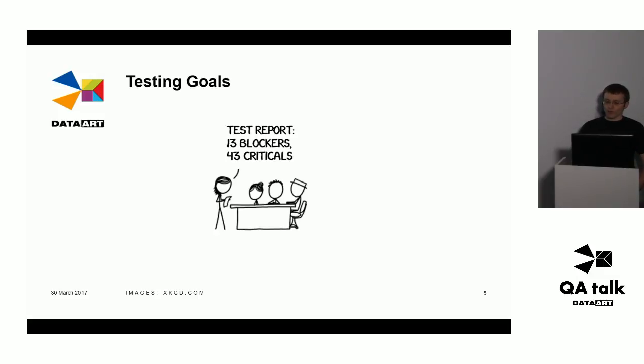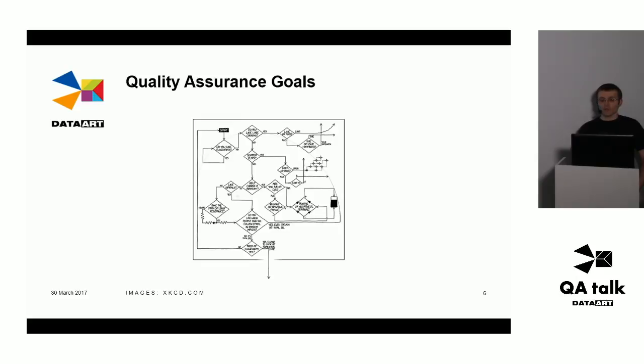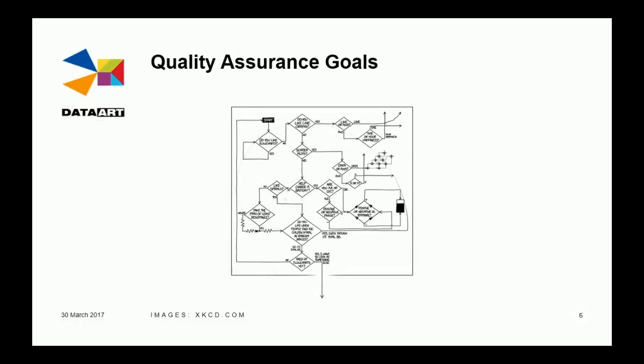The next term, quality assurance. A set of activities ensuring that the quality of the process, which is used to define and develop the product, is good enough. So to be able to control the quality of something, you need to understand it. I'm sure nobody understands this slide. It was intended to be like that.